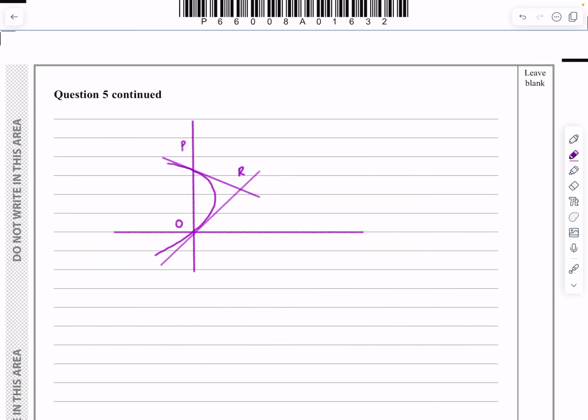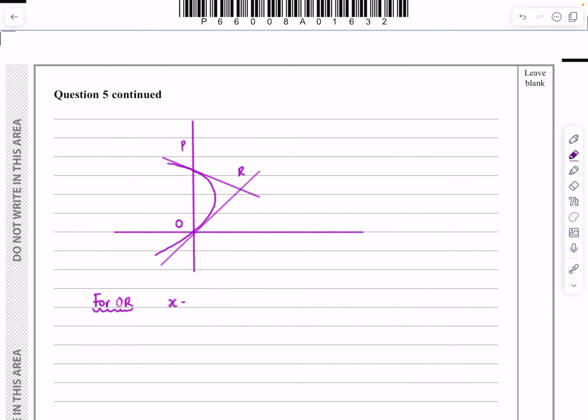This is not absolutely 100% in stone as to what the diagram could be, but it might help me now to try and work out what I've got to do. So what I'd like to do would be to find the equation of OR and the equation of PR, and then put them equal to each other to find out where they meet. So if we think about the equation of OR, let's just say down here, for OR,